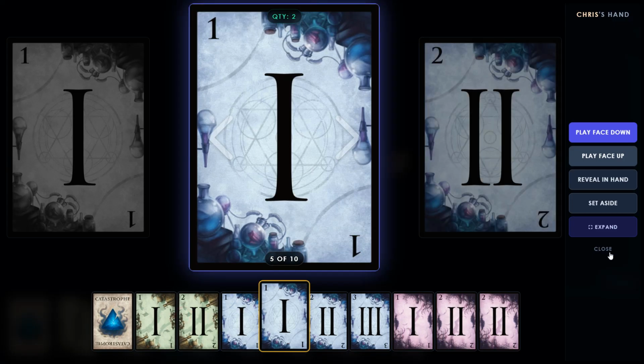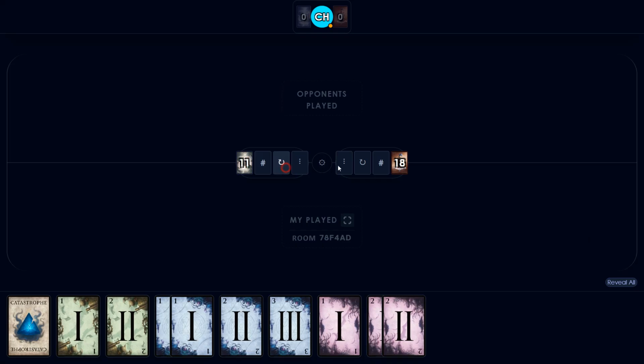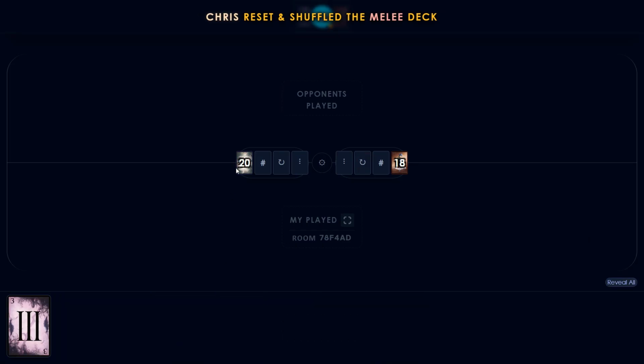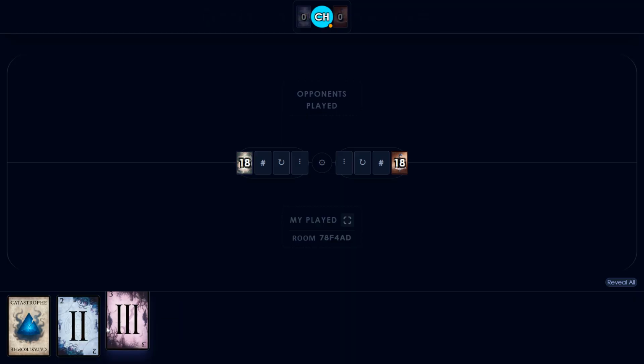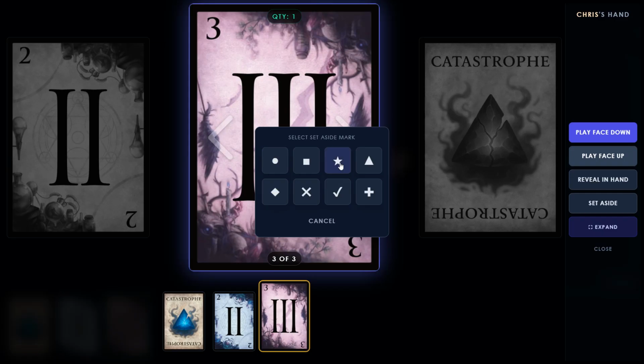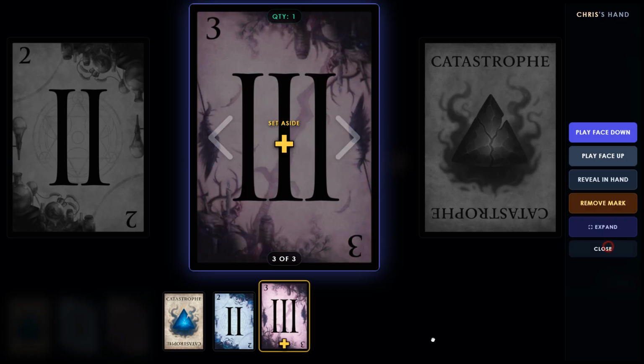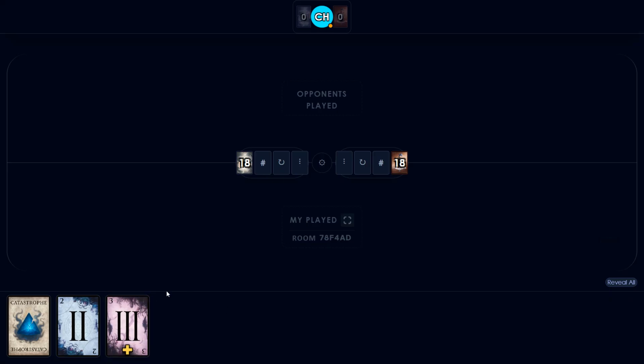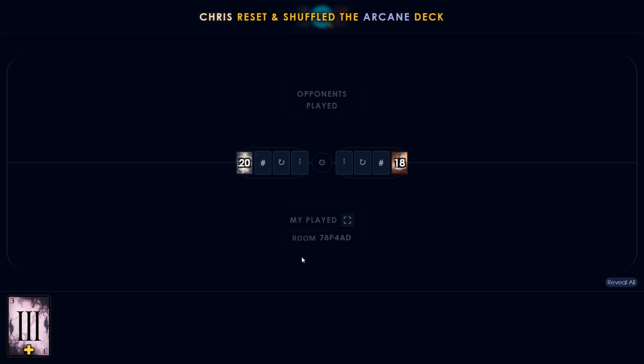I'm just about to forget this. So you can also set cards aside too. So there are certain characters that allow you to set cards aside, distinguished by them. And since there's the possibility of having more than one of those in the game at one time, I just allow you to predefine it with a mark. And so what that does is it marks it in your hand, and then if you go to reset the deck, it doesn't actually get part of the reset and shuffle. So with this, you should have everything you need to play the game of Moonstone,